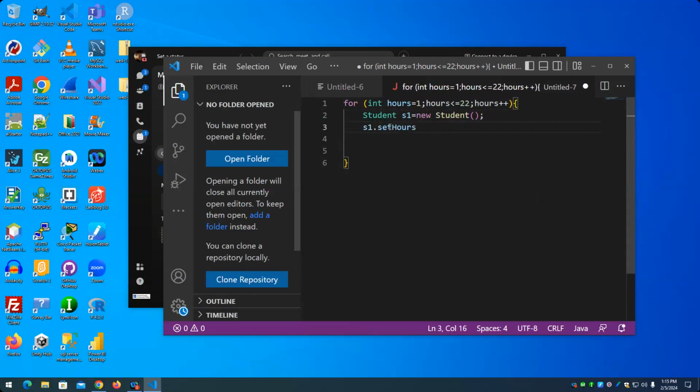Set hours to that hours variable. Set residency to, I'm going to hard code in county. Then I'm going to output